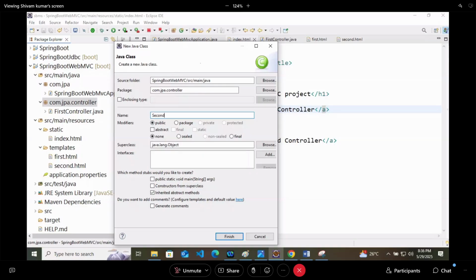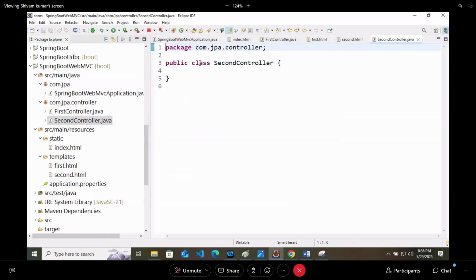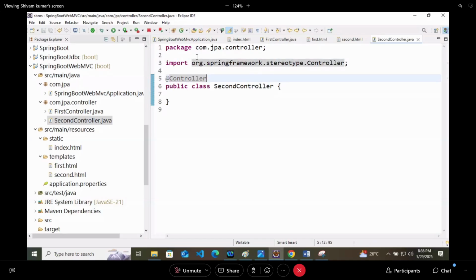Inside this, I will create one public string, or you can create ModelAndView. Public ModelAndView secondMethod. This method will be called whenever, with @GetMapping, someone is requesting for second.